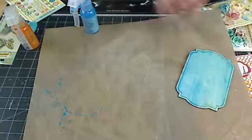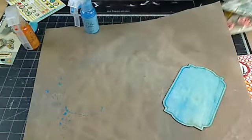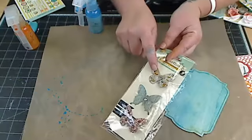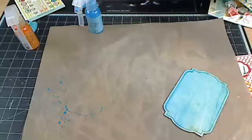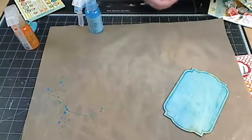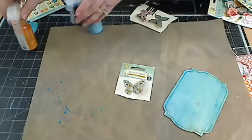Now we still have the mat out. We're going to grab one of our butterflies. では今度はさっきの蝶々を出してきます。You can show some too. Okay. All right. We'll pull one of the butterflies from the pack. I'm using the lightest color one up at the top to spray. バタフライを袋から出しますけど、今から使うのは色が一番明るいのを使ってみます。